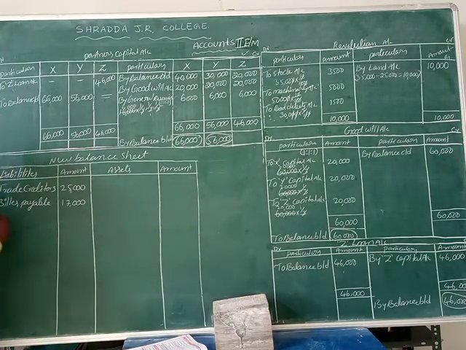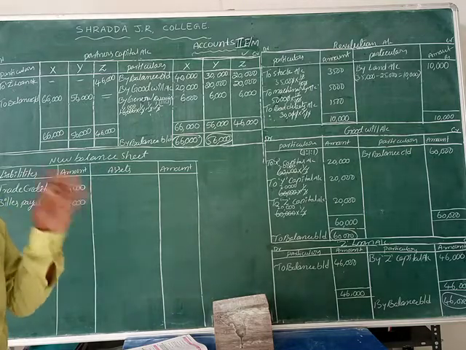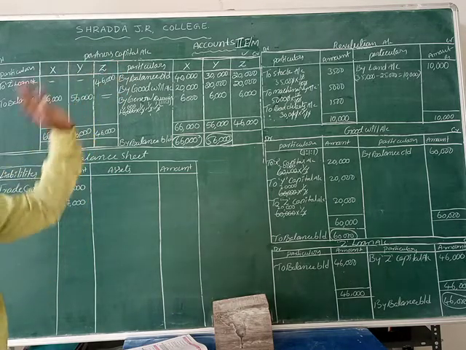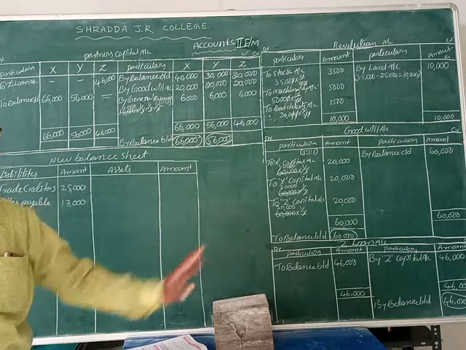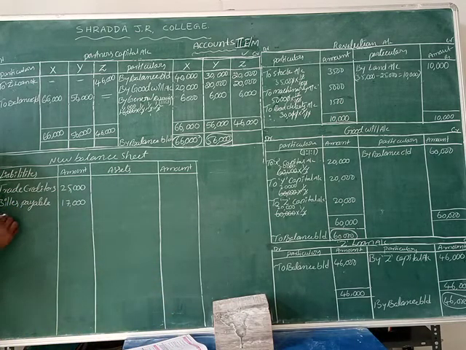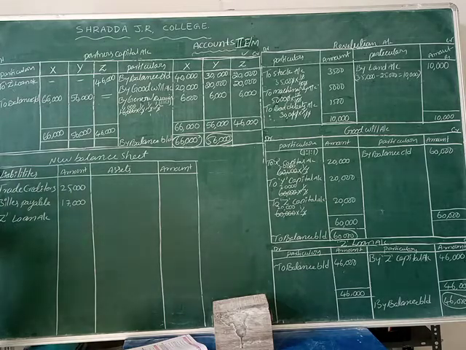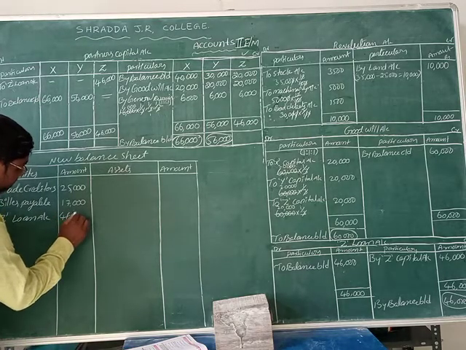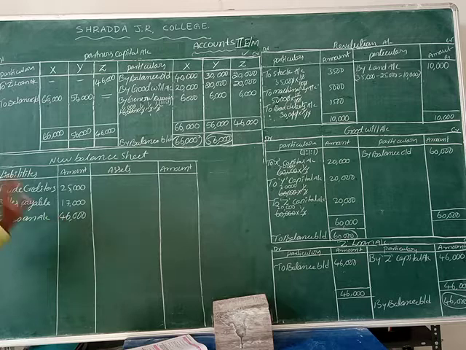Now next one, who is he? 3 members are not here now. The remaining member goes out now. Which person goes out? Mr. Z goes out. So we are doing the Z loan account. Finally, what we can write is balance brought, 46,000 rupees. That amount we can write here, Z loan account. What is the value of the Z loan account, students? 46,000 rupees we can write now. Z loan account 46,000. It is the outgoing partner's amount we can write.